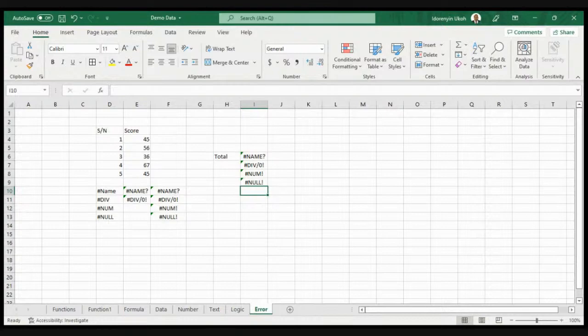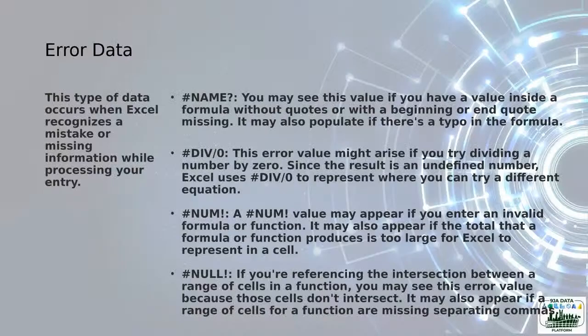So could you please go back to our slide, please? Those are the 4 data types that we have in Excel data. But as we said earlier, the data itself is just our information, and this information is categorized in these 4 data types.